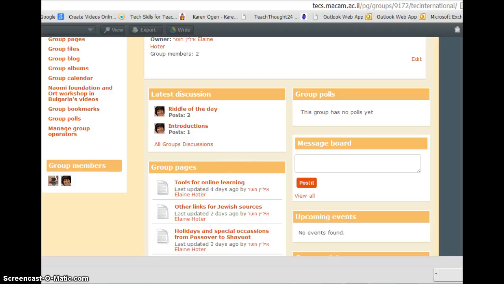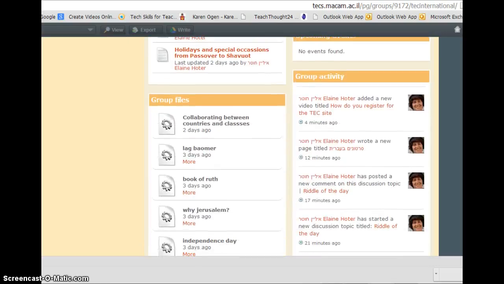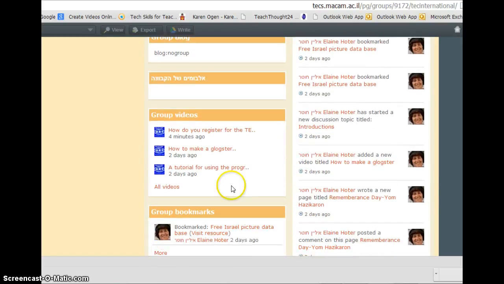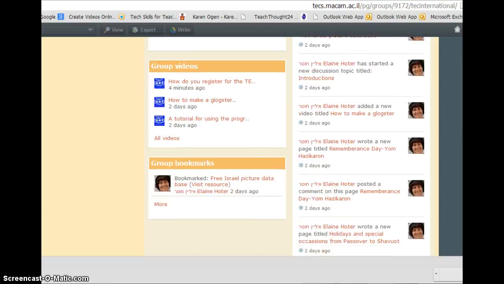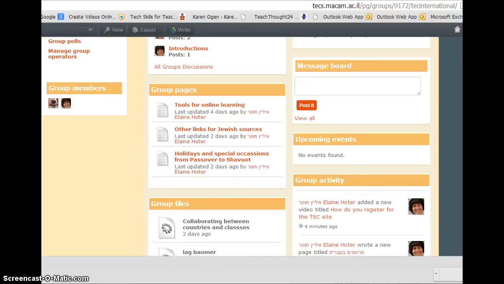The pages are where we've put all the different links for you for the course, and where the group files are, we've put files and PowerPoint presentations that we'll be using, and under videos we put lots of videos, and under bookmarks we've put different internet sites that we think you'll be interested in. This is a free Israel picture database here. Okay, so